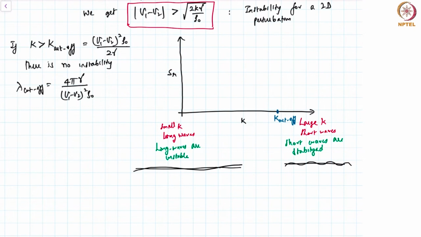Let's look at it physically, what it means. If you are basically having a wave which is very, very long in wavelength, so you are operating at very large length scales, and therefore surface tension effects would not be very important. And